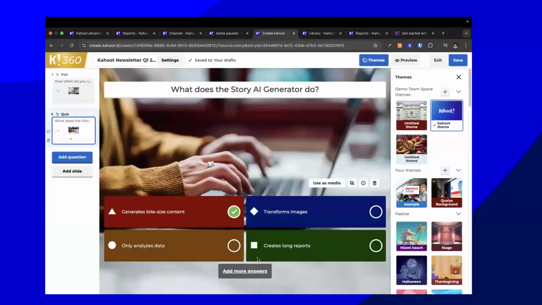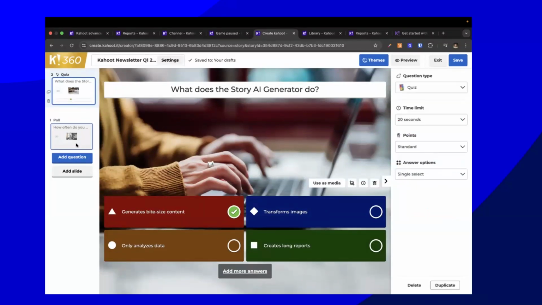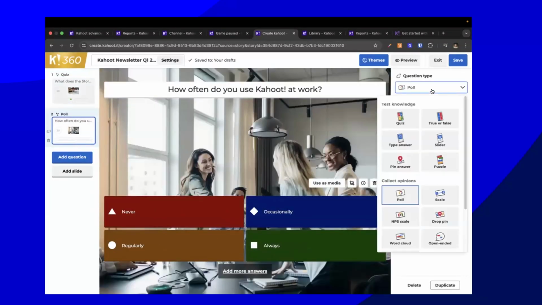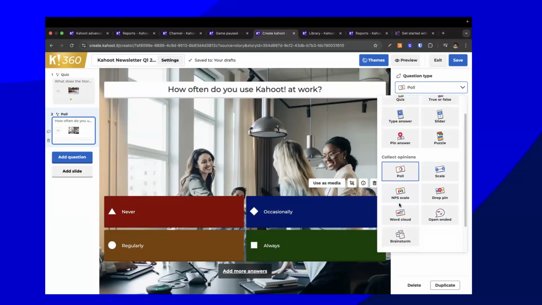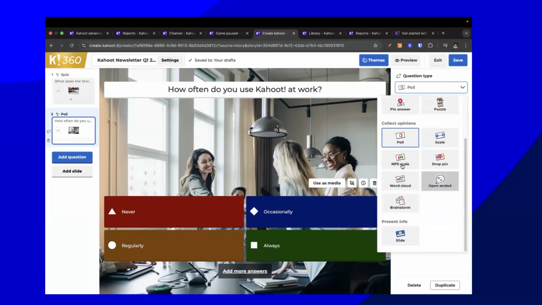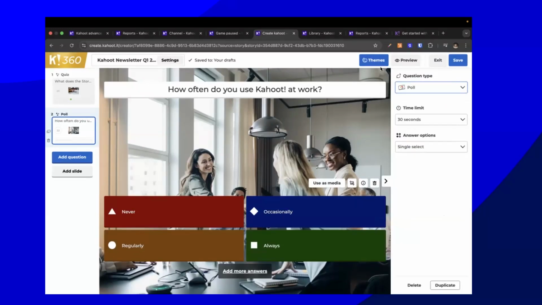And there we have it. We have a Kahoot generated just like that. And of course, a little bit like Lego, you can move it around. You can change the question type. For those of you that have used Kahoot a little bit more, you'll know that we have quite a few question types in there. It's not just a quiz. So I do encourage you to try collecting opinions from the audience when you're having a presentation and use other question types here, such as NPS scale. You get the chance to try that out a little bit later.